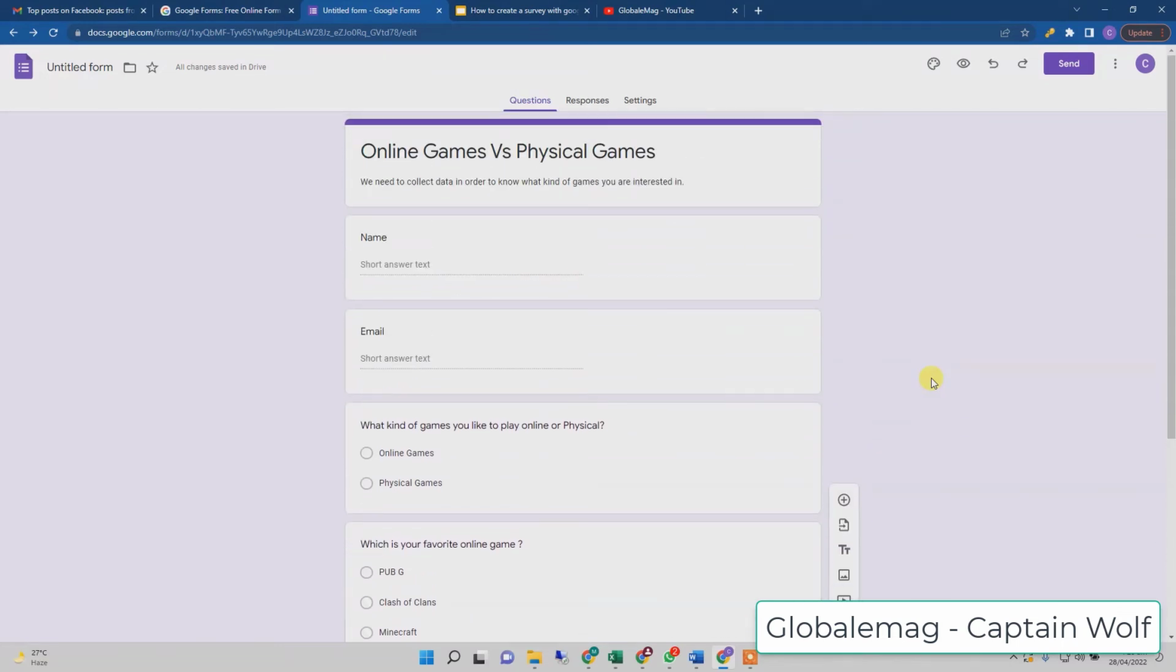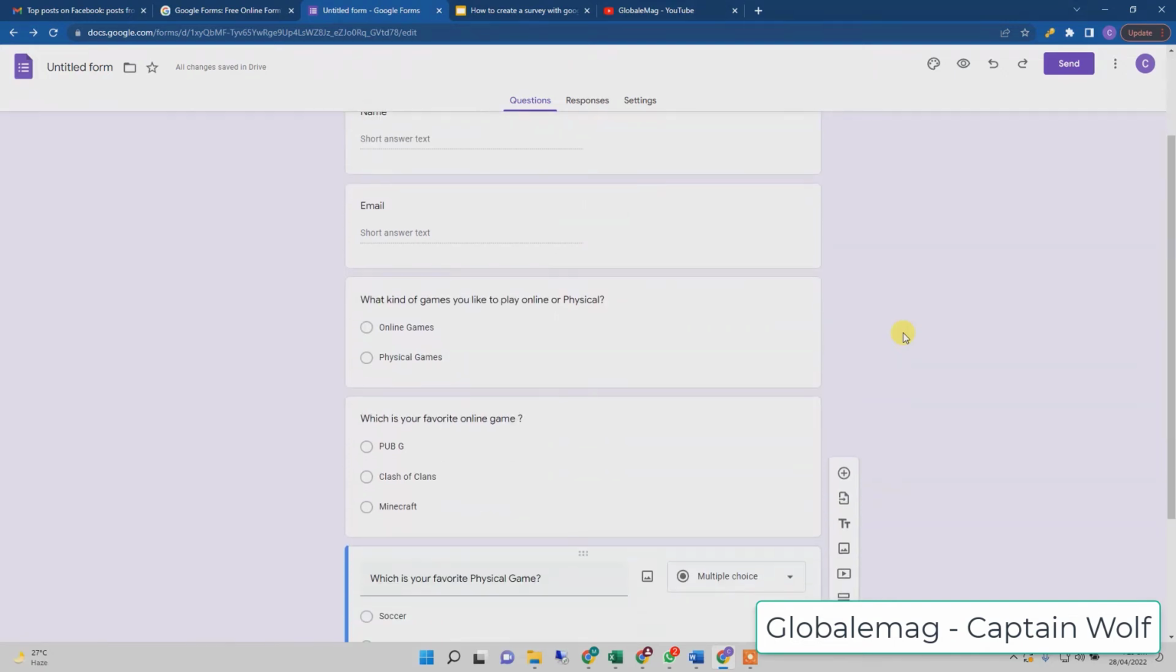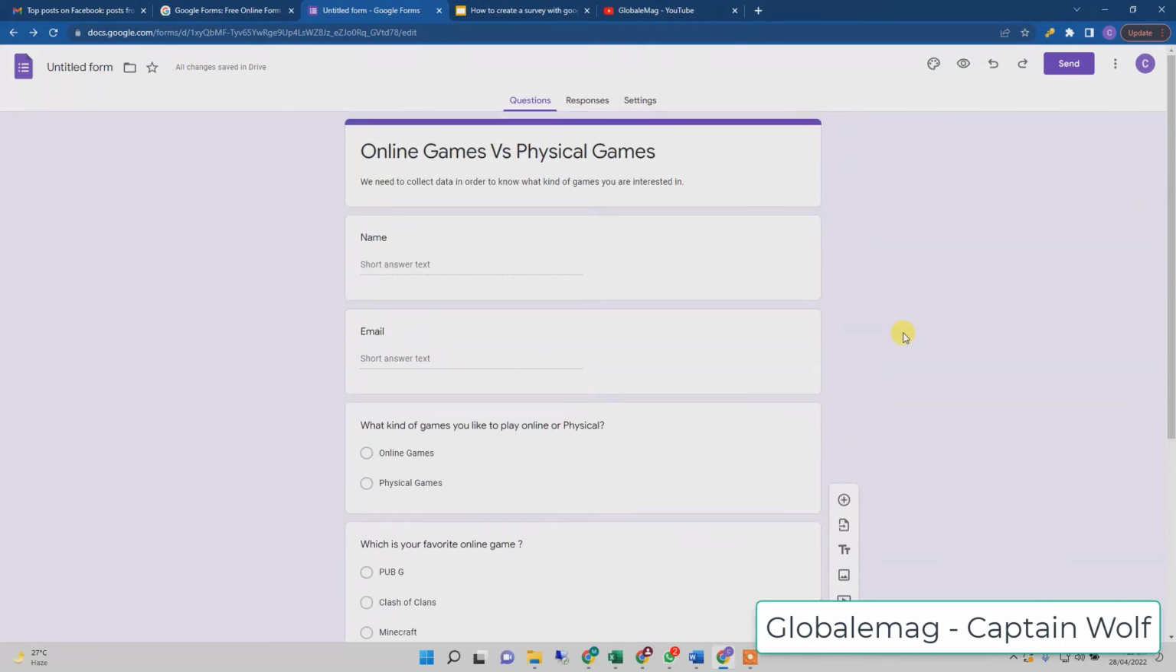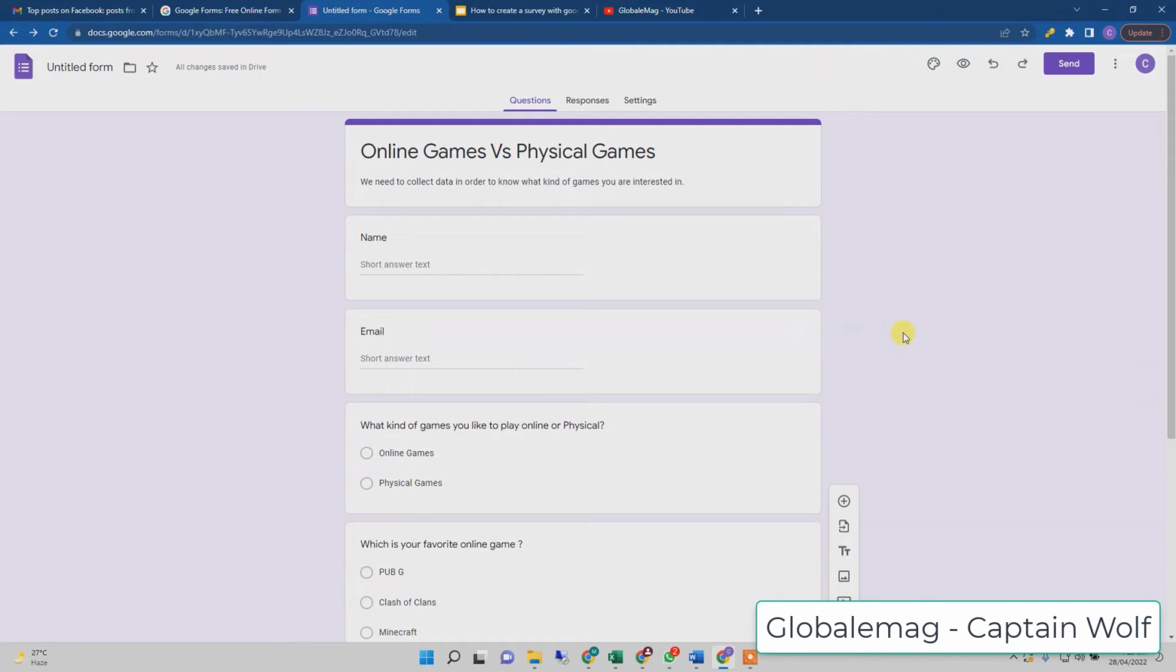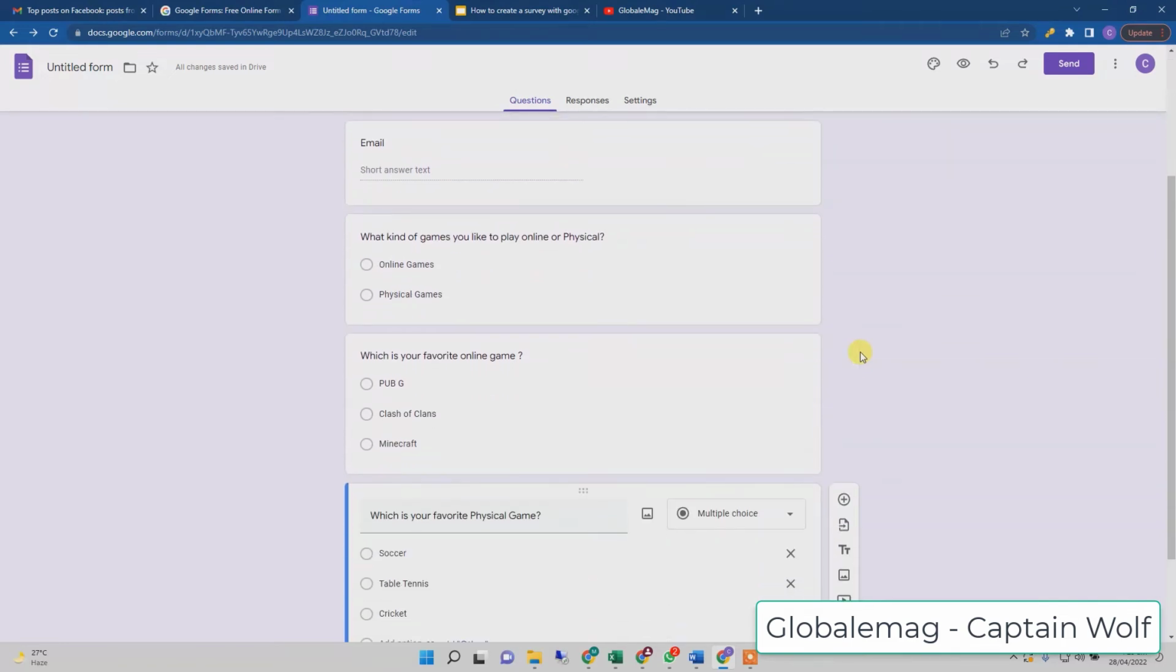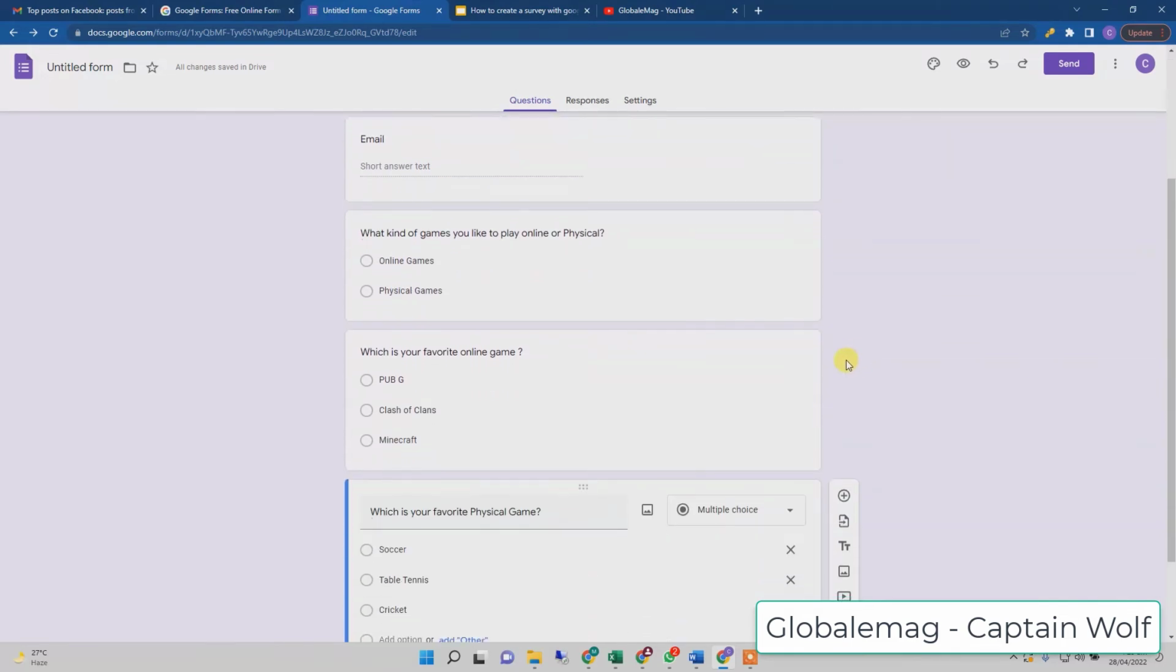So this is the basic structure of our survey form. The survey form is basically about getting the data about what kind of games people like to play, whether it's online game or physical game. And similarly, in this way you can design your own survey form. You can name it according to your own needs. You can write the questions according to your own needs, and you can have the survey form